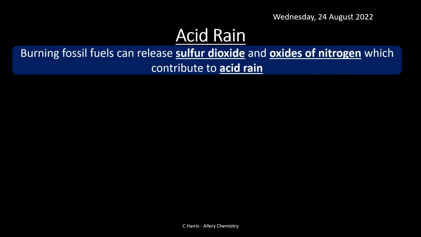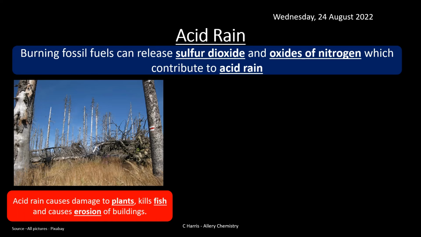So another one, obviously acid rain, and we mentioned this before. Burning fossil fuels does release sulfur dioxide. I know we talked about this just a little bit before, and it also releases oxides of nitrogen, and it's those substances which contribute to acid rain. So we can see acid rain causes extensive damage to plants, mainly, and it can kill fish as well, obviously in rivers, because the waters become acidic and the plant biology changes, and we get erosive effects on